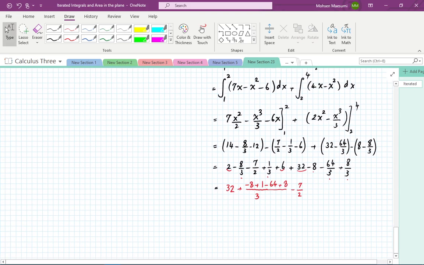So hopefully we haven't missed anybody. And what we have, so again, these two cancel each other out. This is 63, so I'll have 32 minus 21, and then minus 7/2. Okay, so I'll have 9 minus 7/2,